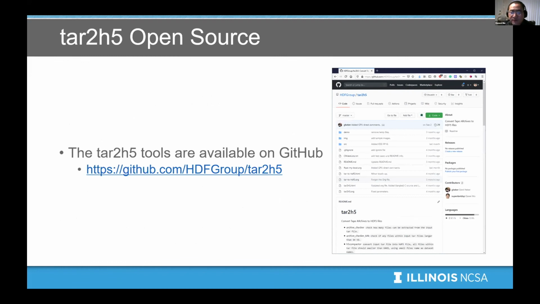The tar2h5 tool is already open source under the HDF Group's official GitHub repository, and we have all the source code, using CMake to perform the automatic building process. There's a demo case already loaded, and also we have very detailed installation and usage instructions attached within the README